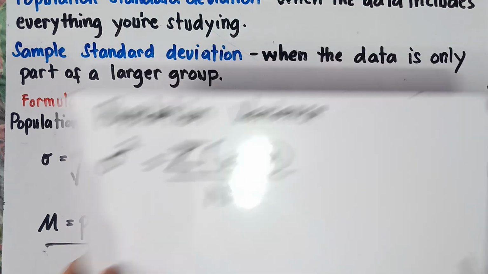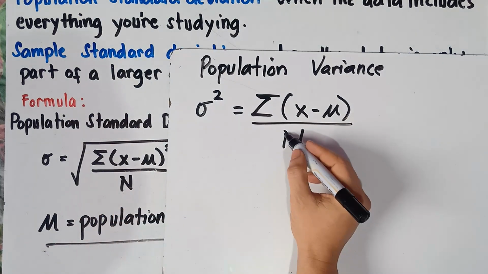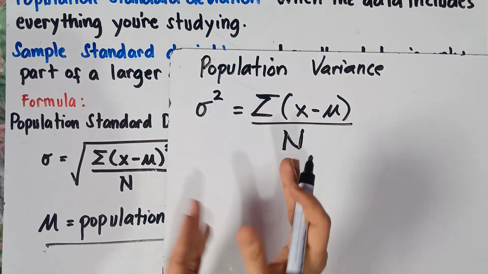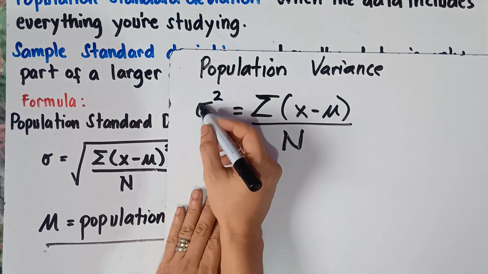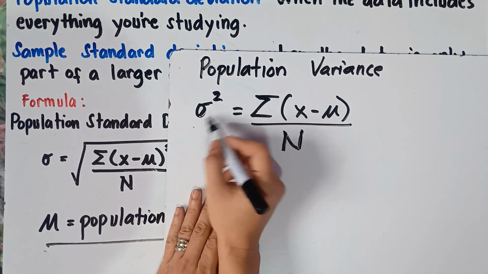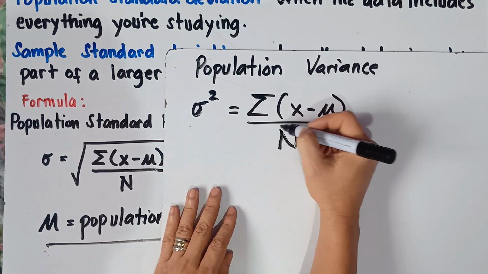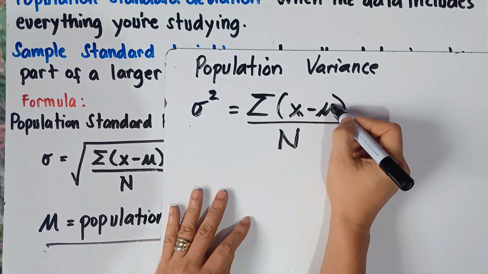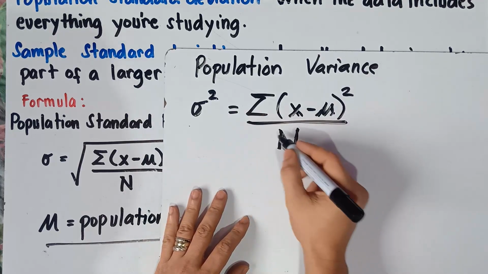For the sample, that would be N minus 1, right? Now, for the population variance, class, that would be over N. Okay, once again, that would be over N. To get the population variance, the formula is letter O, underline on the top, and then squared, is equal to summation of quantity, or open parenthesis, X, the sample, minus the population mean, close parenthesis, and then squared. Do not forget squared, all over N.